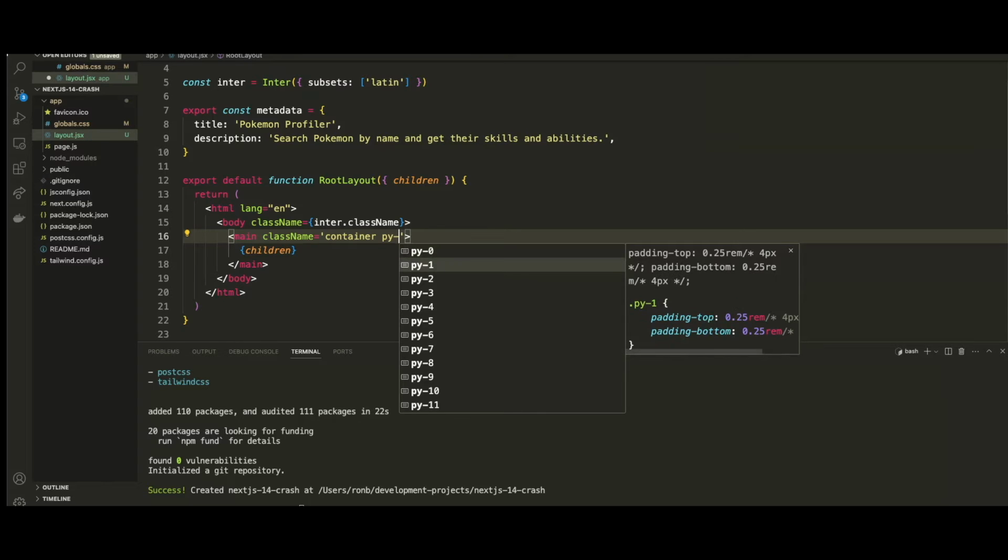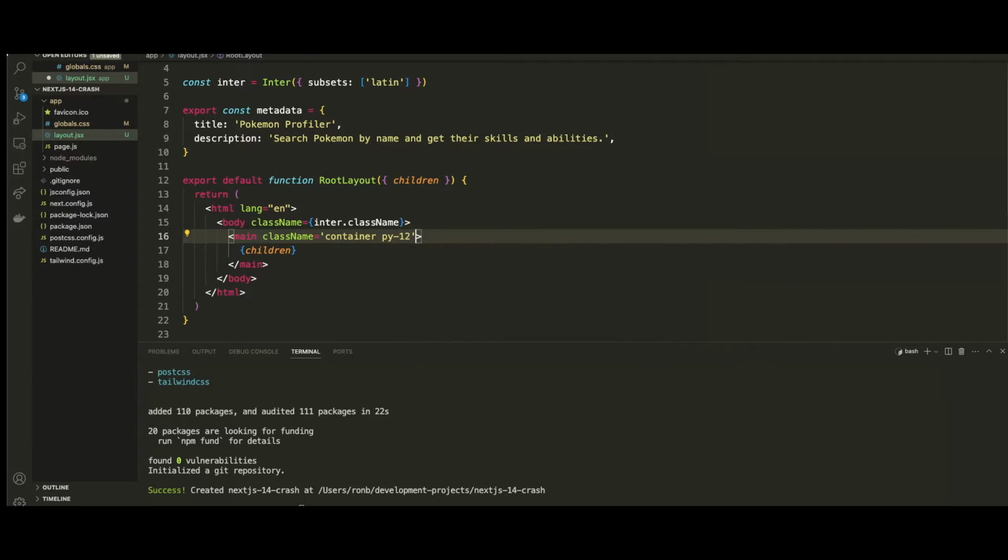You have 1, which is very small, and it goes all the way up to 20, I believe. Yes, actually it goes up to 32. So I'm giving it somewhat of a medium amount of padding on top and bottom. That's why I chose 12. That represents a specific number of pixels, or ems, or rems. So you can find out more information about that in Tailwind CSS's documentation, which I can also leave in the